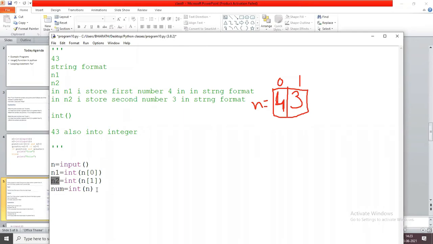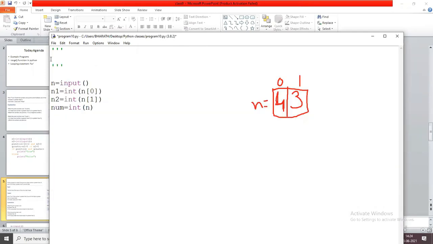Now you are going to write the conditions. What are the conditions here? The first condition is that the number is greater than 25. The second condition is that the first number is greater than the second number.